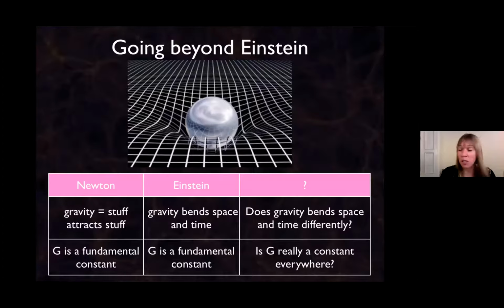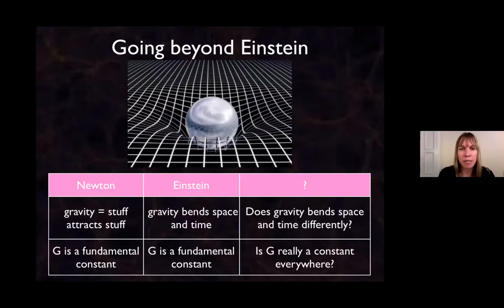So in some of the models we look at, we allow gravity to change depending on how dense the environment is. Like, we know general relativity works on Earth perfectly. If not, your GPS on your phone would not work, okay? General relativity is correct on Earth, but maybe in other parts of the universe, which are very different from Earth, maybe gravity works differently. How are we going to test all these different theories? Well, we can use exactly the same lensing that I was showing you beforehand to test out these theories.